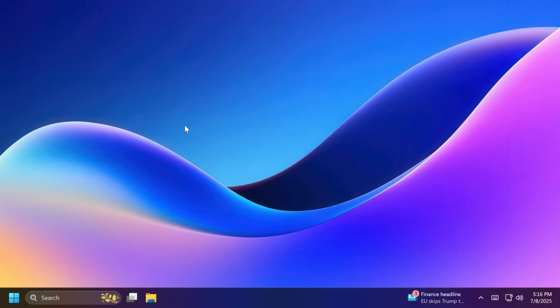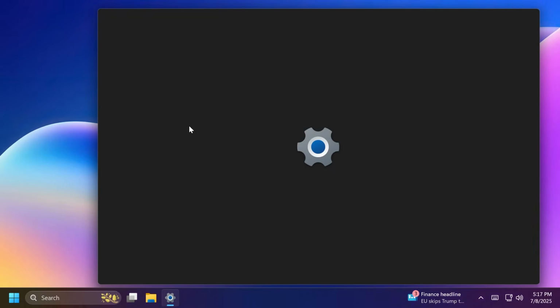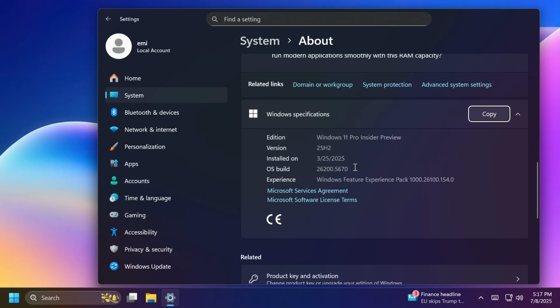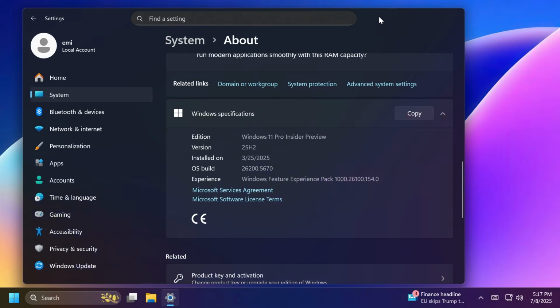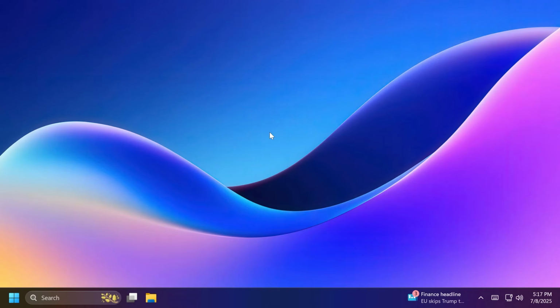Keep in mind that this is only in the earliest stage possible, so it still has quite a few flaws, but in this video we're going to talk about this feature. I'm going to show you how you can easily remove bloatware for newly created users in Windows 11. This will work if you are on the latest build for the Dev channel, as I've said, which is the build 26200.5670 or above,